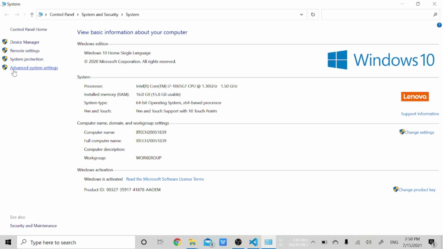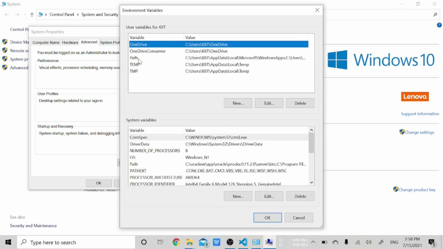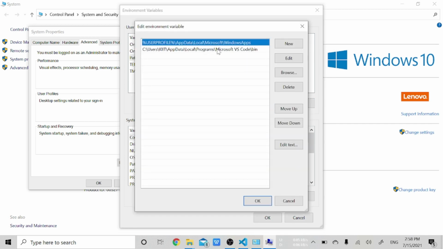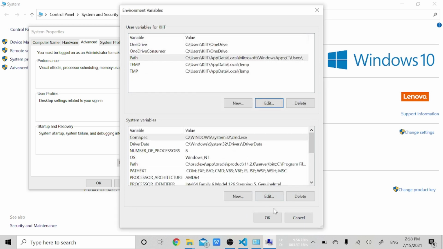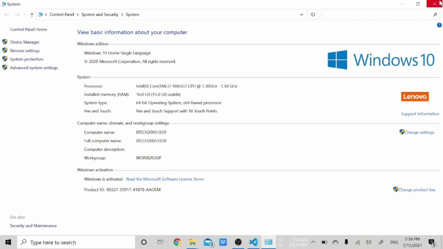After clicking on that, move to Advanced system settings. Here it is Environment Variables, click on this. Again here it is Path, so click on Path and click on Edit. Now here you have to click on New, and just paste the path we just copied. Ctrl V is used to paste this path. So I have pressed Ctrl V and pasted the path here. Now I will press OK, then again OK, then again OK, and our thing is done, right?